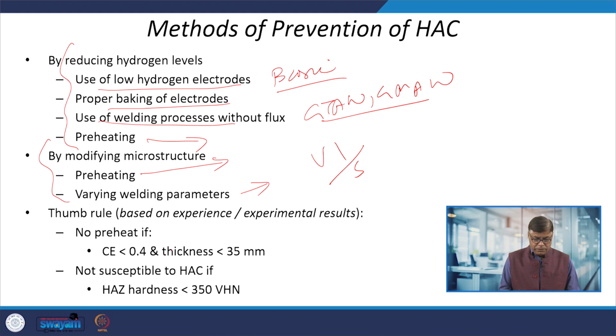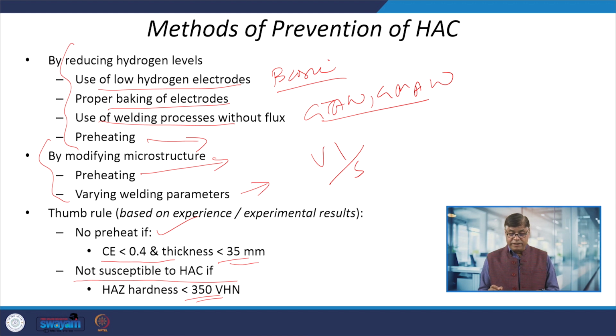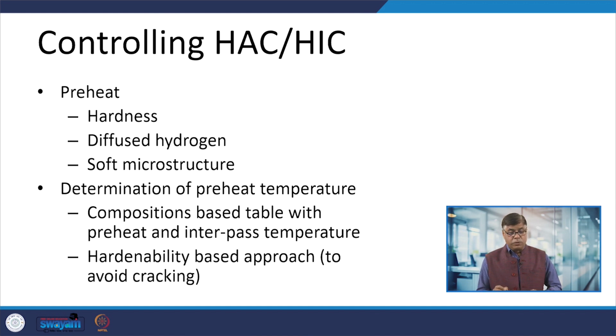And as a thumb rule, no preheat is needed if the carbon equivalent is less than 0.4 and the thickness is less than 35 mm, and the steel will not be susceptible to hydrogen assisted cracking if the hardness is less than 350 VHN. Okay. So, what can be done? As I have said, when preheat is used, it reduces the hardness due to